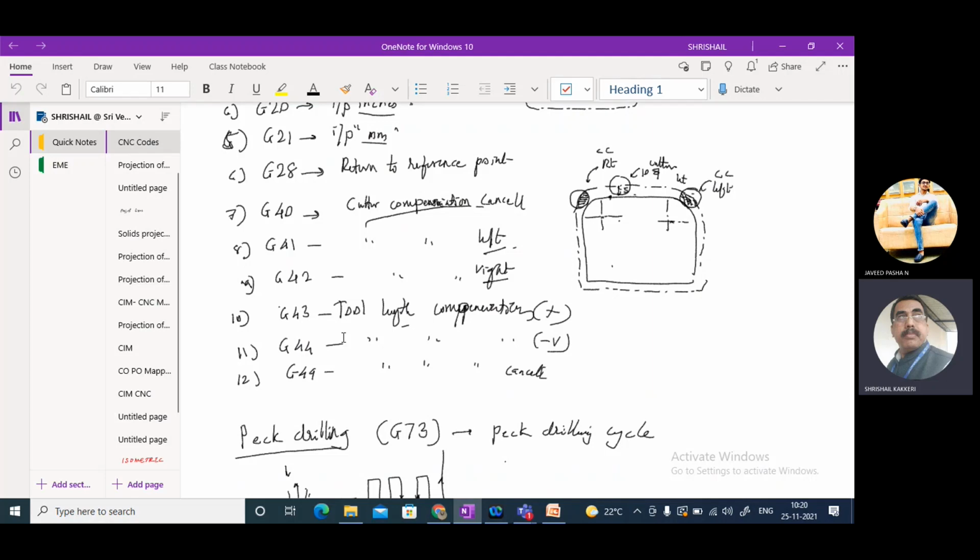And G49 is tool length compensation cancel. Tool length compensation. It is not TCL, it is not a standard abbreviation by which we are going to write. Just avoid writing TCL. G43 is tool length compensation positive. G44 is tool length compensation negative. G49 is tool length compensation cancel. These are the things. And next,